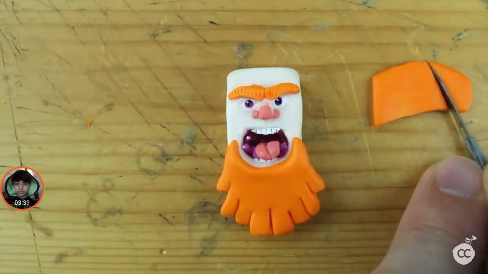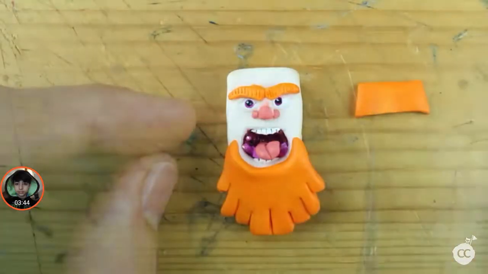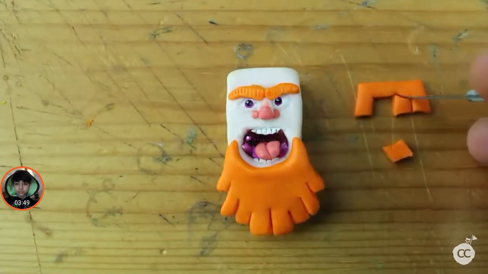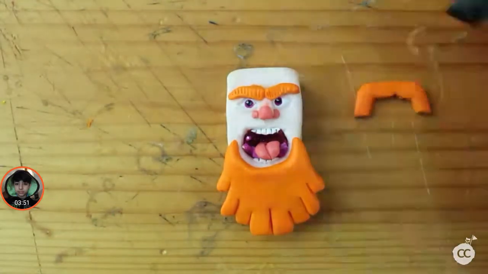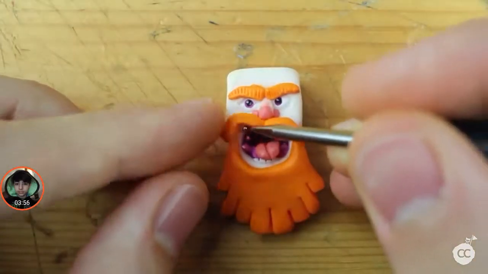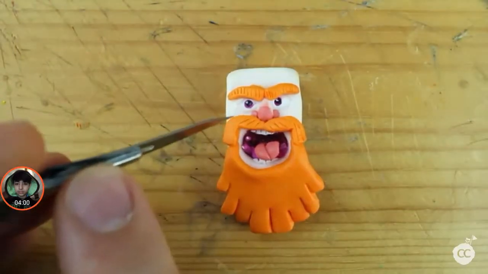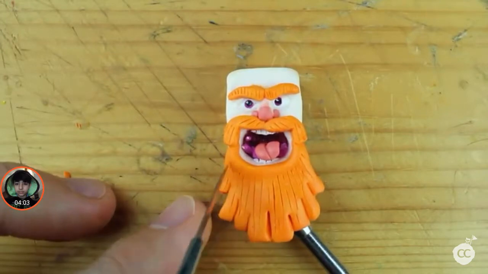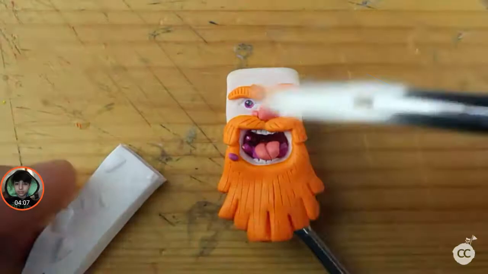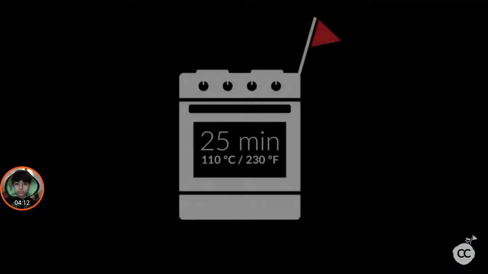And now the mustache. This is also very complicated if you don't have a very sharp blade or a scalpel. And now we will place it right under the nose, the red drinking nose. Here we go. This is a sign that he is drinking alcohol. I don't know. Another drop, some detail work, and